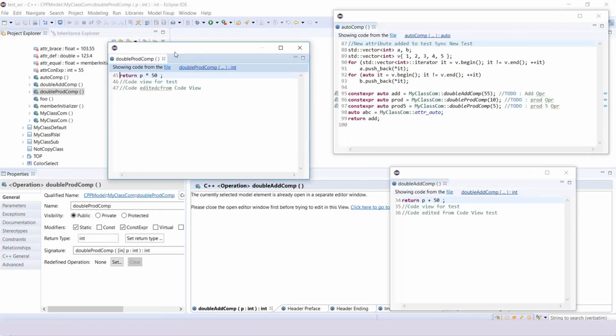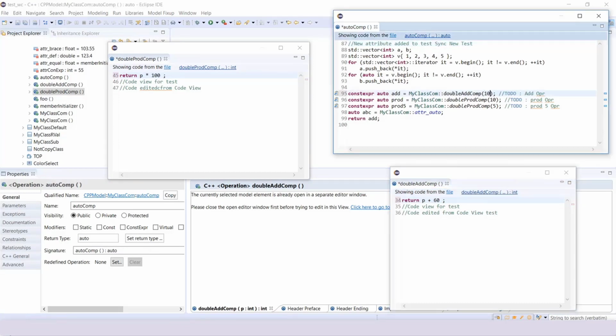Since double ProtComp and double AddComp are used in this AutoComp operation, they are quite related, and you can now compare them and work on them simultaneously. So I want to change the figure in this double ProtComp to 100 and in the double AddComp to, suppose, 60. Okay, so I've changed in this, and I also want to change the input to these operations.